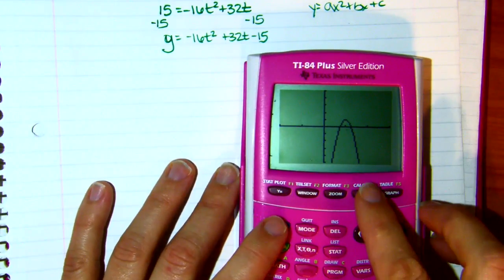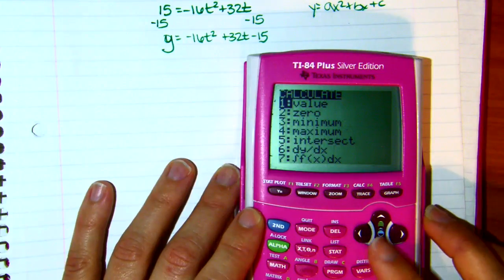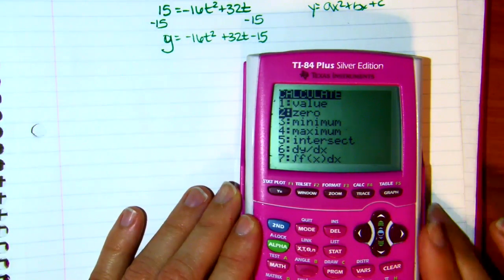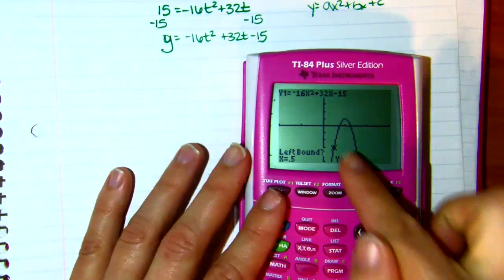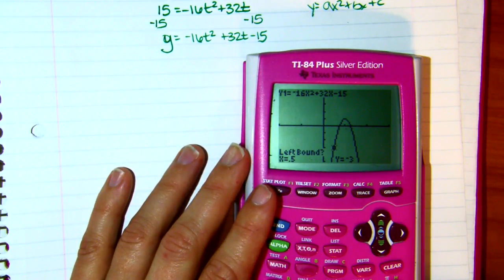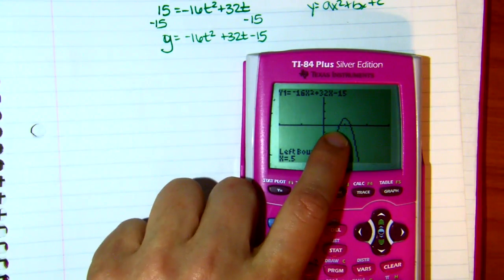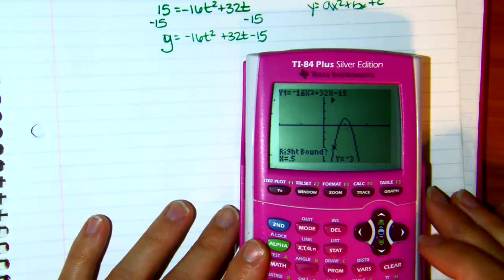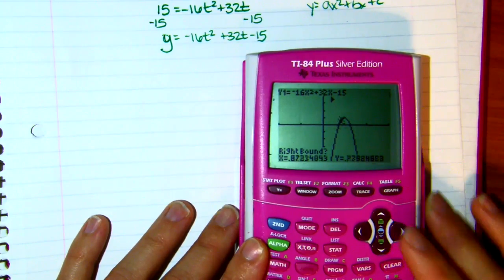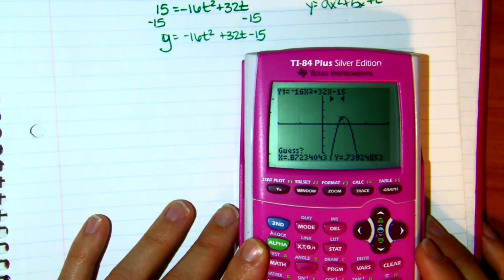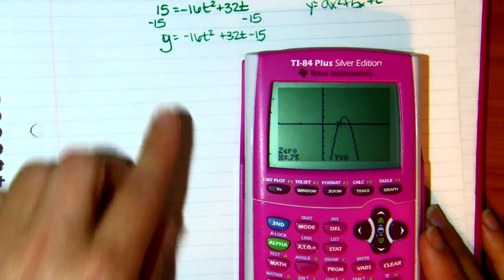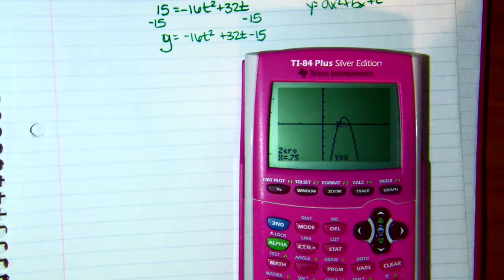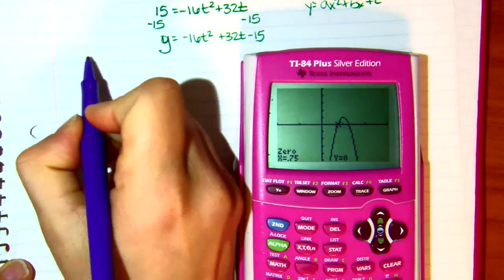So what I'm going to do is push second calc, and we want to find the zeros. So I go to the second one, which is 0. Left bound: it's saying pick a point on the left side of the intersection. So this is to the left of that first intersection. I push enter. Then it says right, so I need to go to the right of the intersection point, or the 0, and then guess, and it's somewhere in the middle, and I get x equals 0.75. So after 0.75